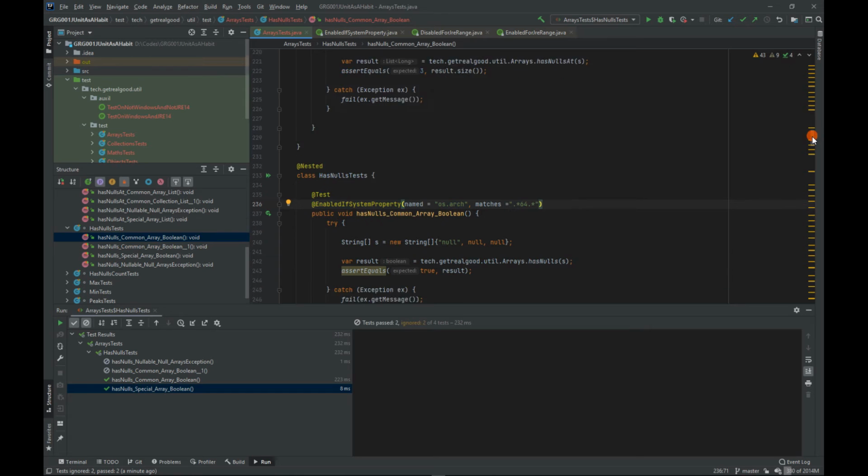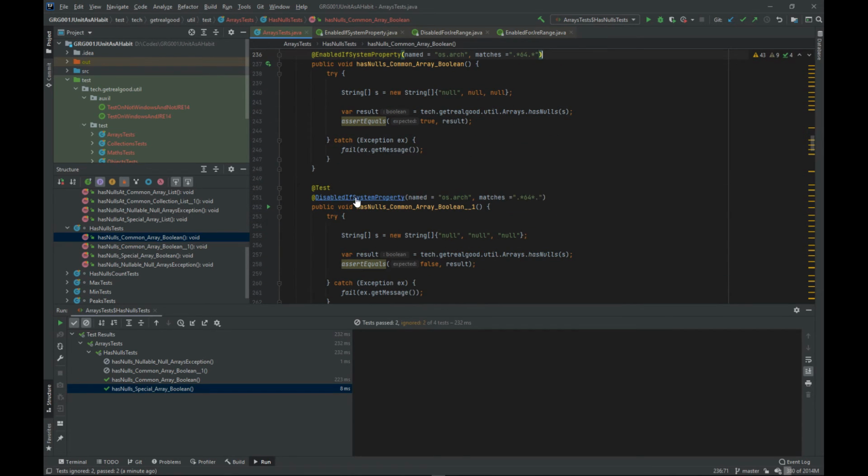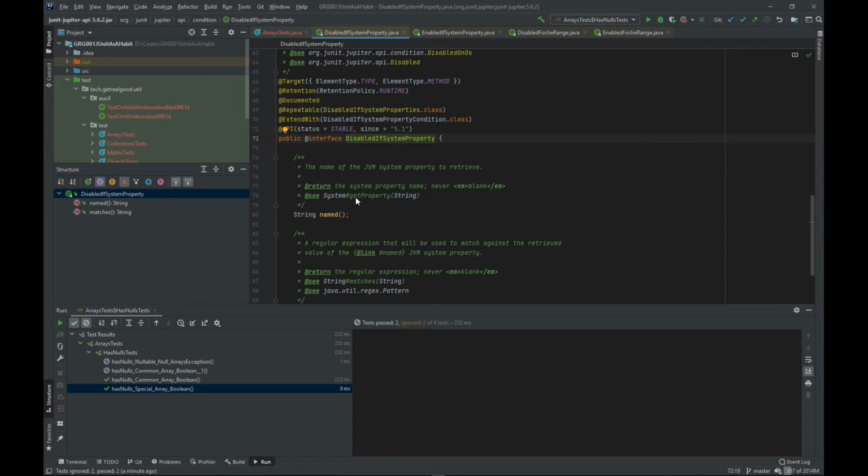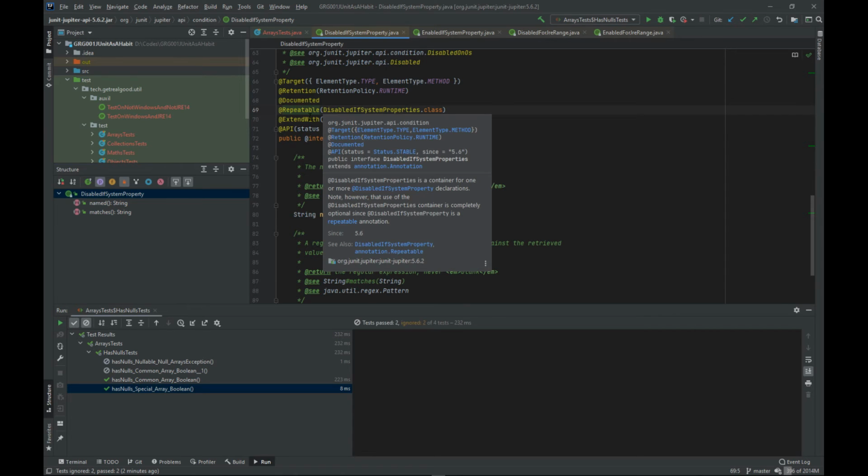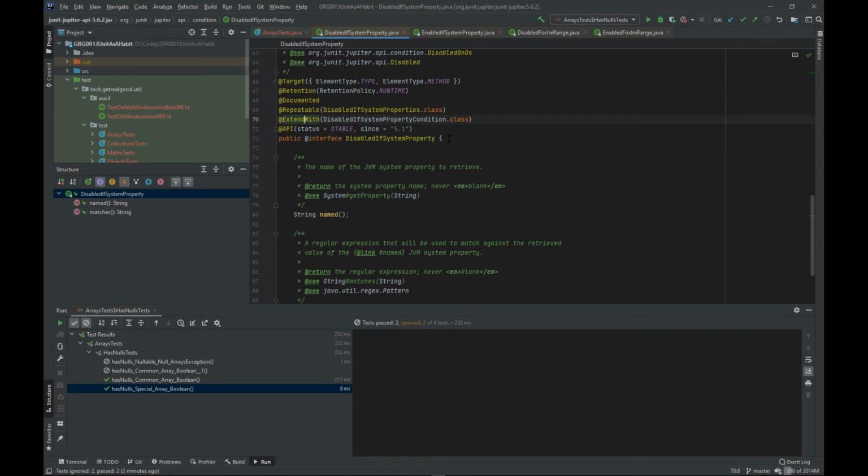And the same is true for the add disabled if system property. We also can apply it to a type, although it doesn't work for a type properly. In fact, it messes it up pretty badly. It does work for the method. It is retained at runtime. It is repeatable. It implements an extension disabled if system property condition, and basically,